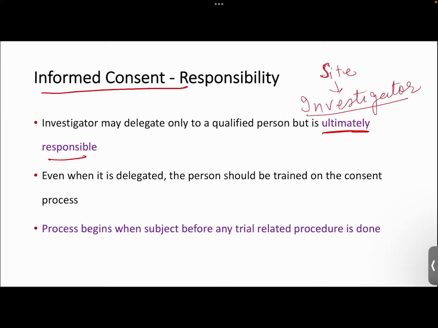Suppose now I give you one example. Suppose there is one ICF where they found serious violations. If there is a lawsuit, who will be answerable in the court? Of course, the sponsor will be there, but ultimately it will fall in the court of the investigator. ICF, right? So patient care is on the investigator side, even if it is delegated, again, his or her responsibility, and the consenting